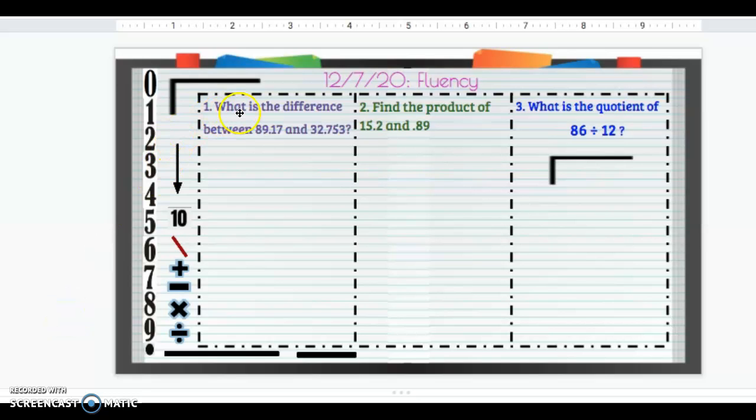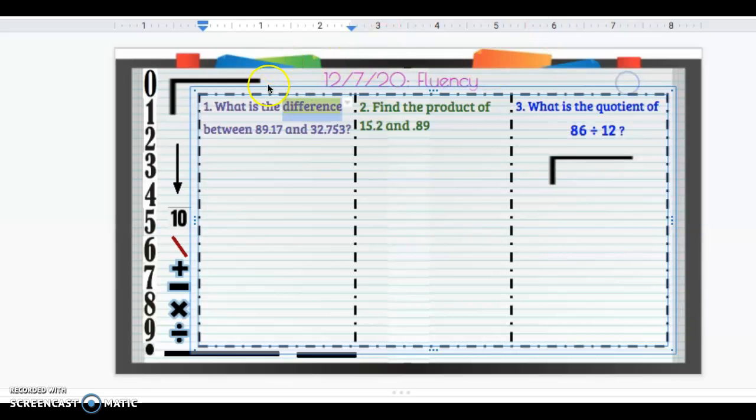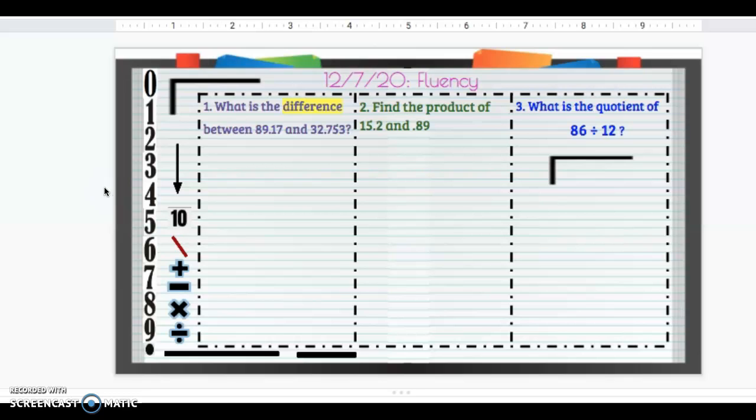All right, so for fluency today, we have to find the difference between 89 and 1700ths and 32 and 753 thousandths. So we've been working with these words for a while now, and we know that difference now means to subtract. Okay, so we have to subtract 8,